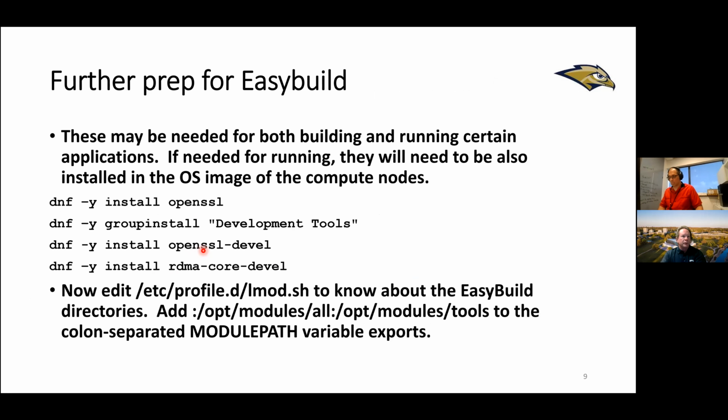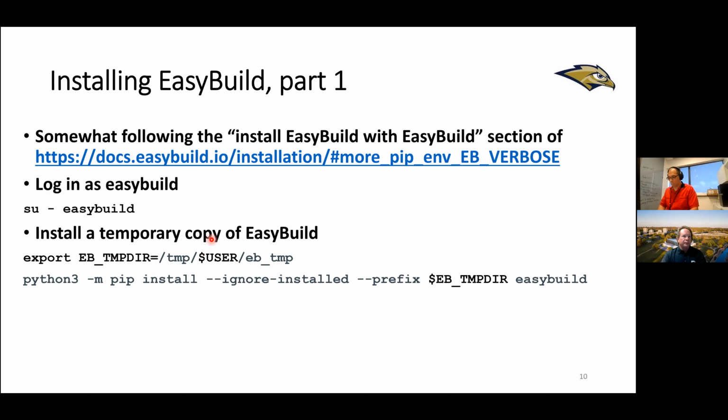Let's see here. So the actual building, we are somewhat following this. There's a web page here, and I refer to it all the time for remembering how to go about this. We issue to easy build, and then we have to install easy build. And the first step there is we need to install a temporary version of easy build because we're doing an easy build to install easy build. The easy build's not there yet, so we're just going to do a temporary local install of easy build